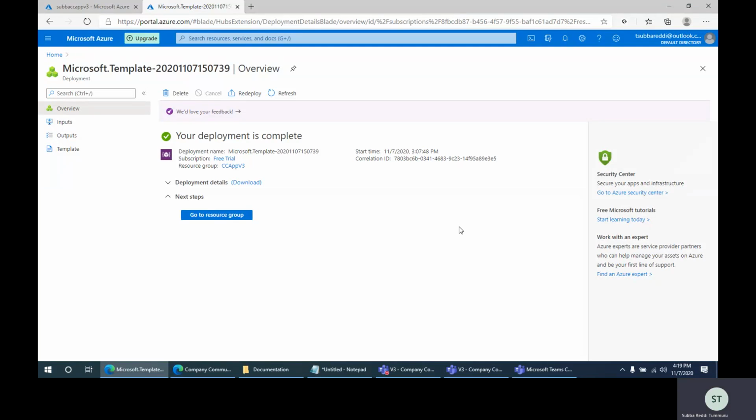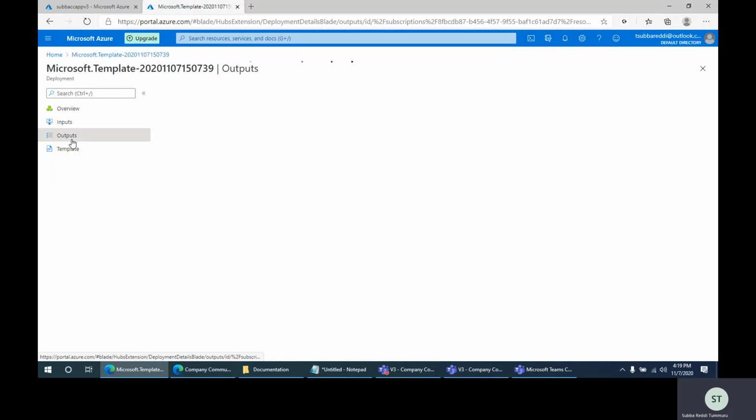Hi friends, I'm back. It took around 1 hour to complete the deployment. After 1 hour, it is showing me that the deployment is completed, with the option to go to the resource group. So here, if you go to the outputs,